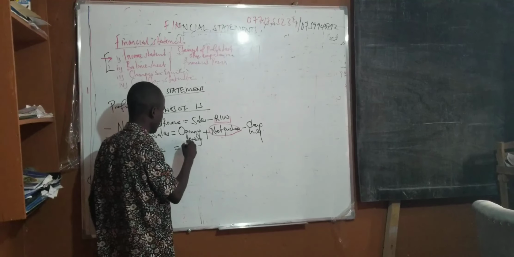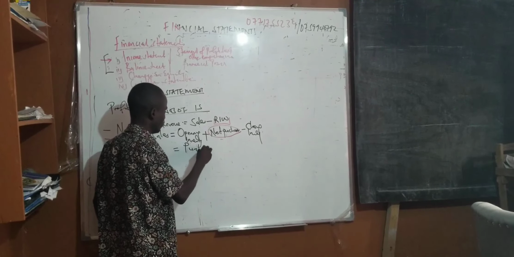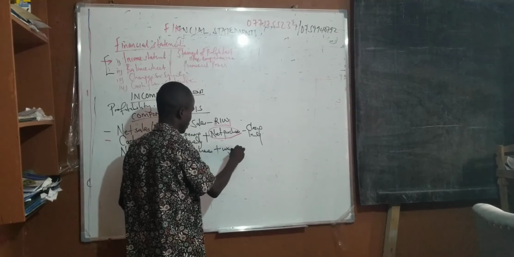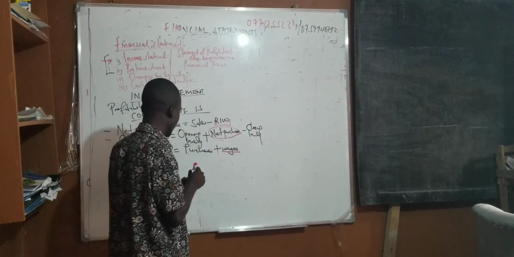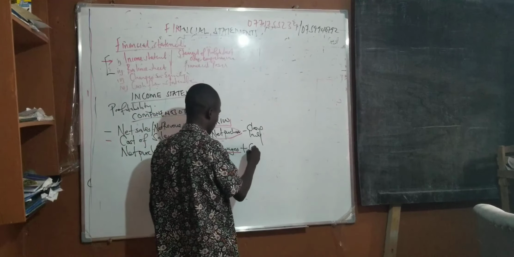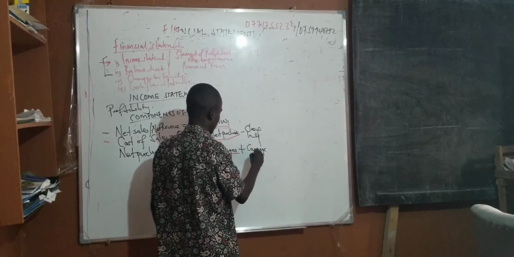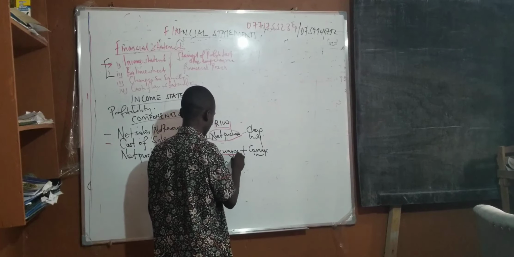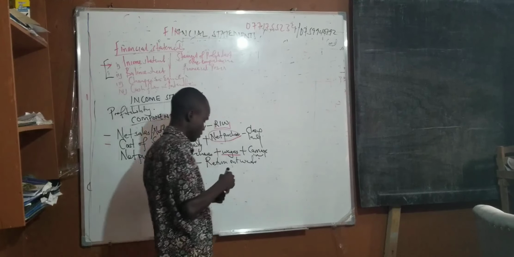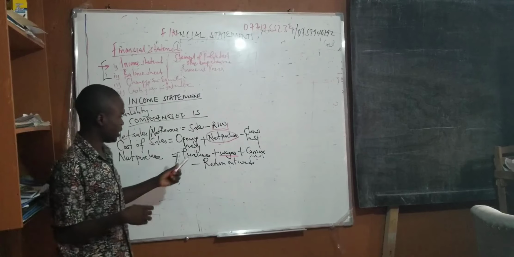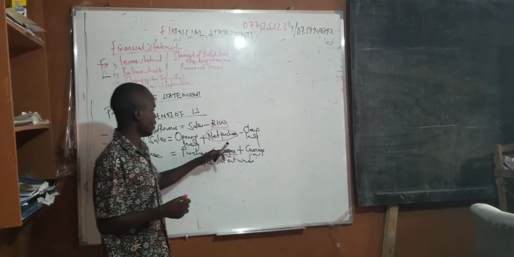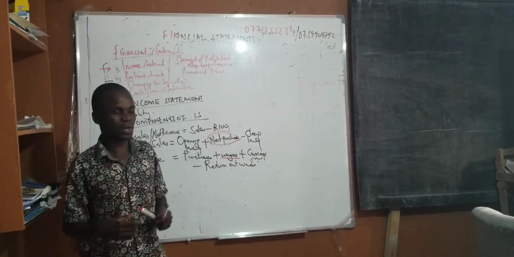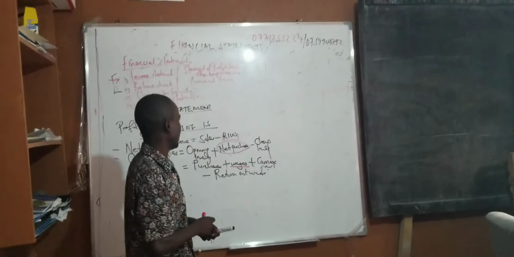And net purchases is given by purchases, whatever goods you purchased, you add wages, add carried inwards, then you less, minus return outwards. So to get net purchases, you get the purchases, whatever you purchase, then the wages, these expenses incurred in purchases. For example, if I deal in hardware and I go to buy cement,